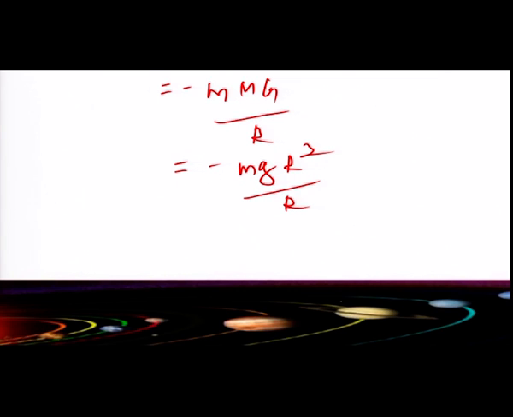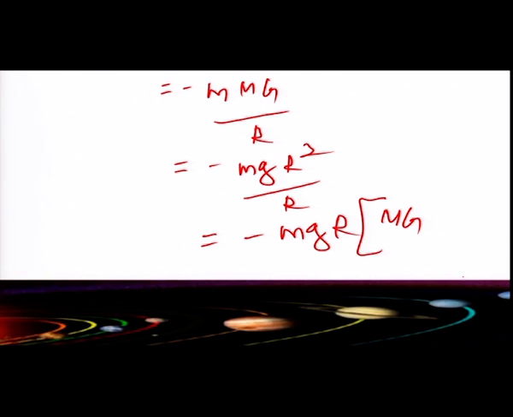At the surface of the earth, at a distance of R from its center, the potential energy of the body is given by minus m g by capital R. So, when you do this simplification, I get minus m G R squared divided by R. So, that is equal to minus mgR, because